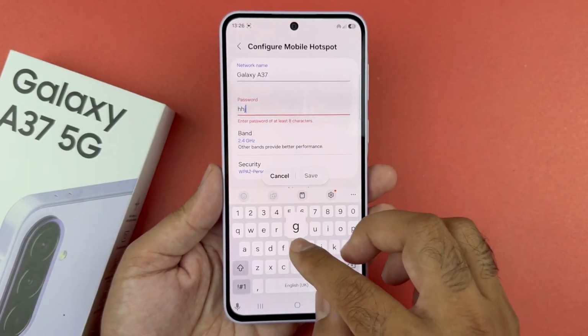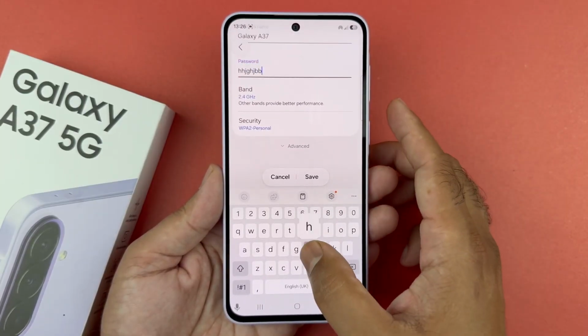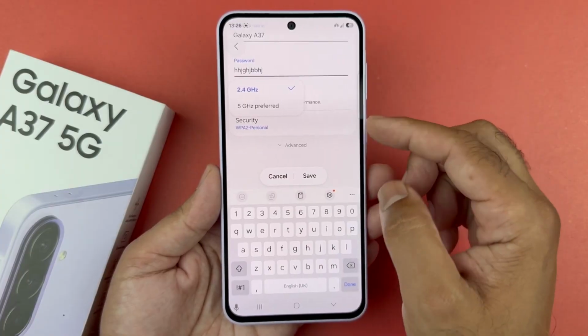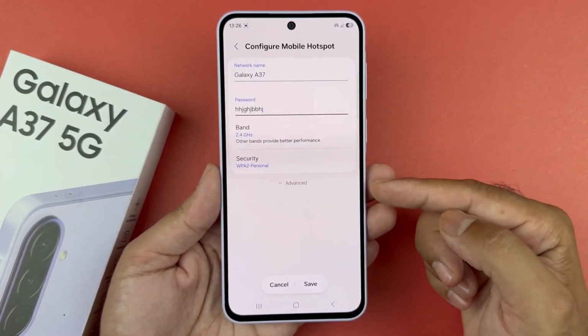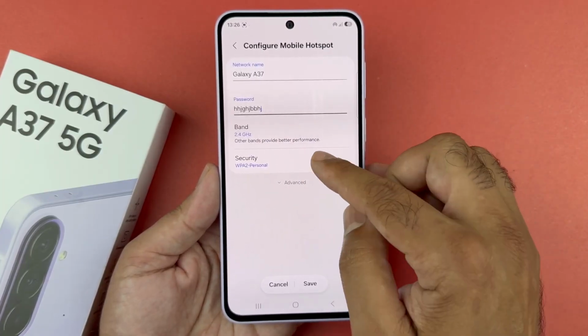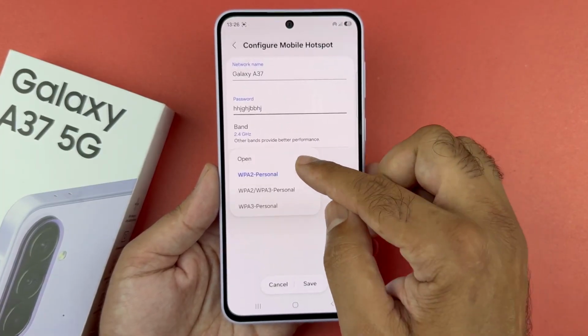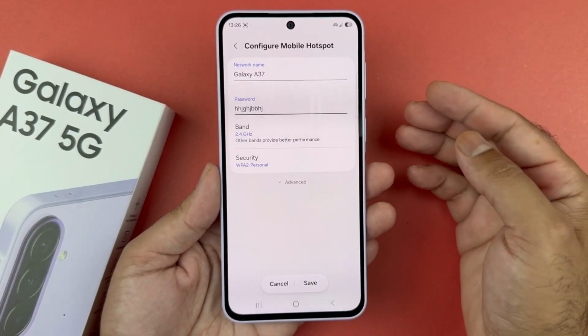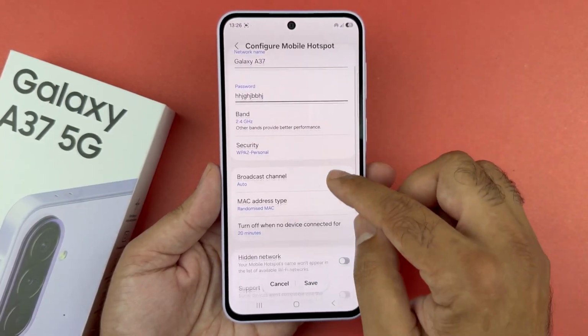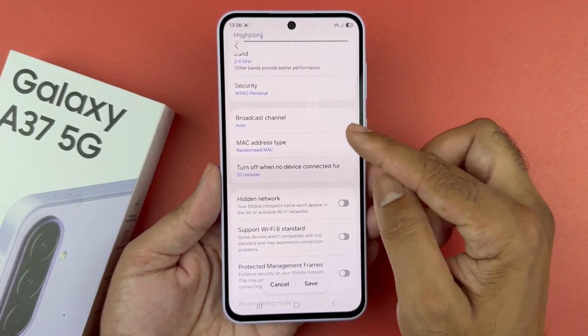Now, if you tap on the band, a new menu will appear where you have multiple options, like changing your network name and password. You can change the security of your hotspot so it can be open, personal, and all sorts of other options as well. Also, you have even more advanced features such as changing the MAC address type, hidden networks, turning on the Wi-Fi 6 standard in the hotspot,